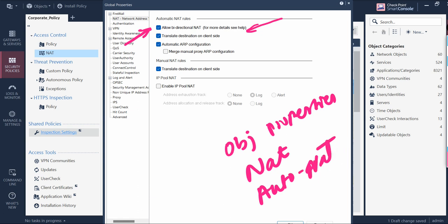If you have that in place, and more than one automatic NAT rule matches a connection, likewise you have created multiple automatic NAT and a similar sort of connection is observed by the firewall, having this property selected, what happens? Both rules usually match because you have defined the same things. So with allow bidirectional NAT selected,